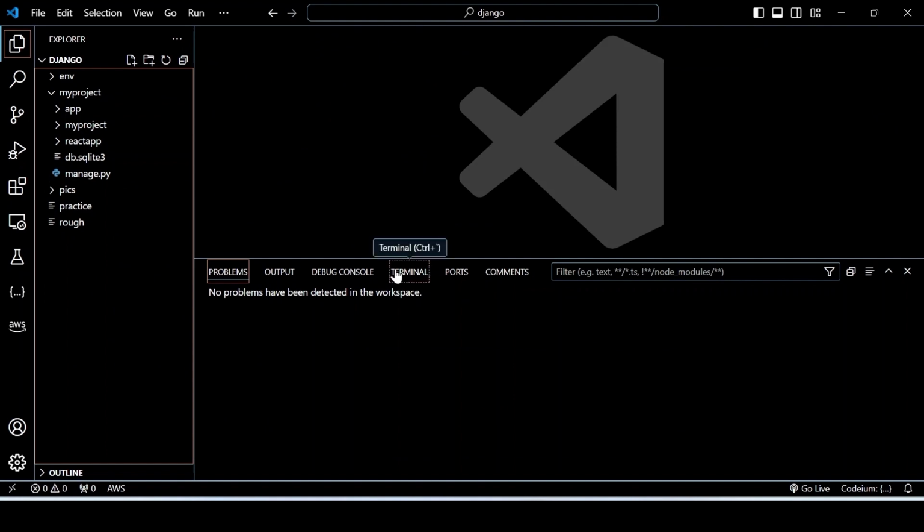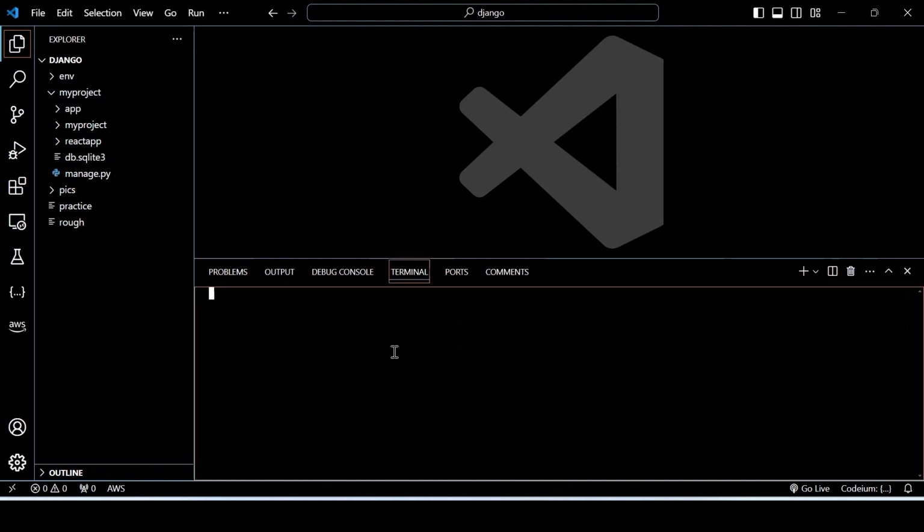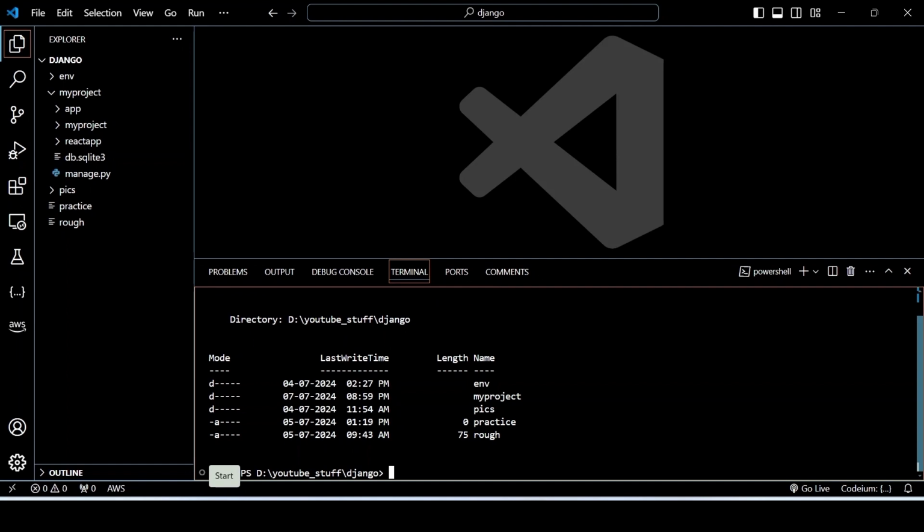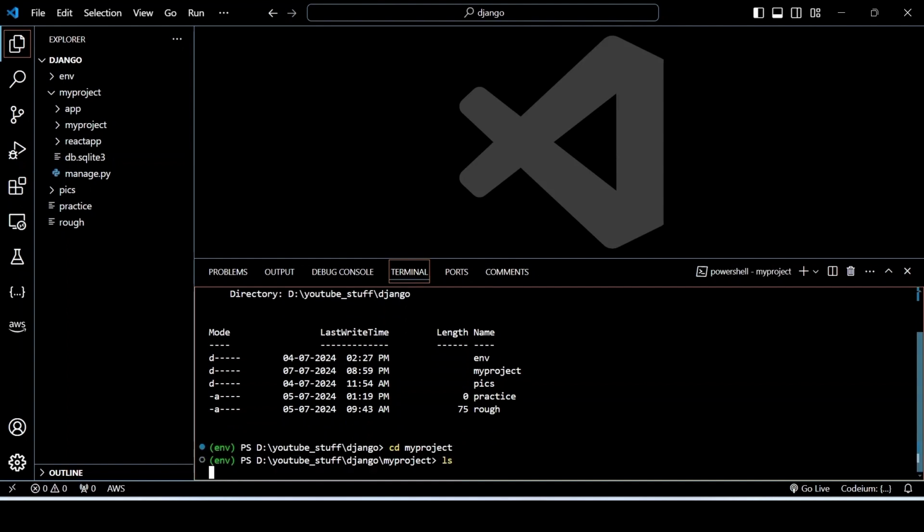Yeah, previously we have created an environment, right? Now whenever we work on our project, we need to start by activating the environment, and dot slash env slash scripts slash activate to activate our virtual environment, and ls to list, and cd to my project, and that's what our project is. And ls,